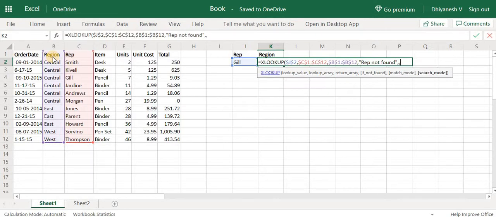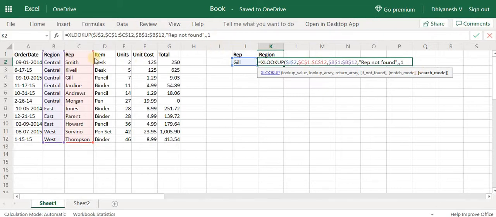And you have another argument called search mode. All these, if not found, match mode and search mode, are optional arguments. So you can stop your formula here itself if you are sure that you are looking up straight away from first to last and the data is available with you. The search mode contains 4 types of arguments. One is number 1, or if we do not give anything, 1 is always the default mode.